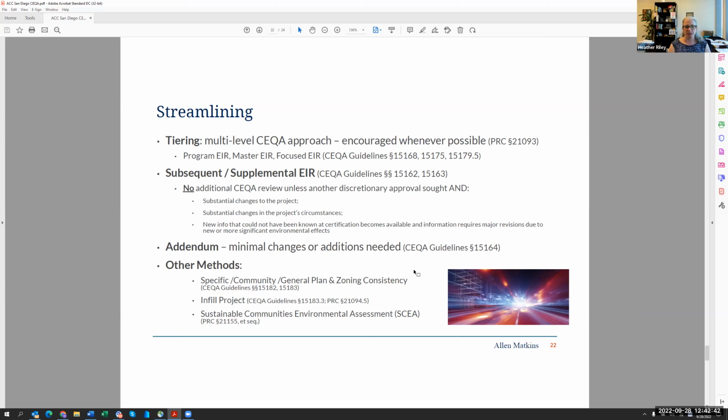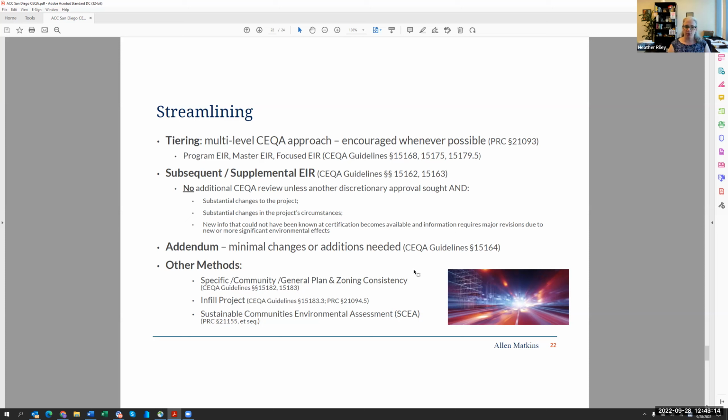Infill projects, there's a specific CatEx that applies to infill projects, and there's a specific portion of the Public Resources Code. Infill project exemptions are definitely a form of streamlining because you're fitting within a box of what's already contemplated on an urban site. There are acreage and other types of limits that sometimes come into play, but if you have a project that's in an urban infill location, you always want to check to see if you can fit into an exemption or there's some type of streamlining that applies.